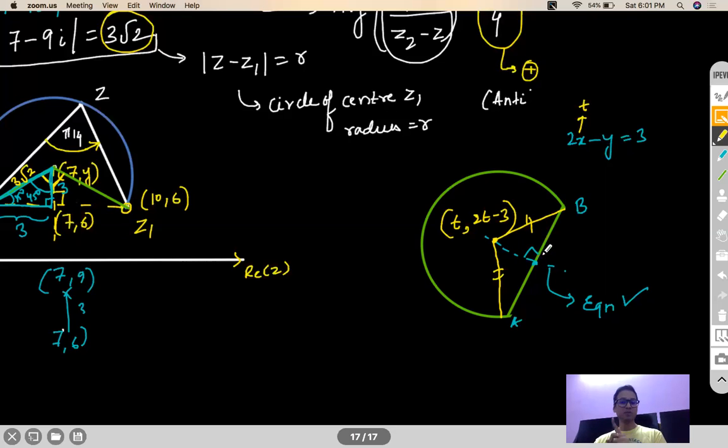Now you have to be very careful because in this case, two t's will come out. One will be lying over here and one will be lying over here. Are you getting my point? So from your idea of these points, you should know that your origin and this point should lie on the same side of AB. Correct?